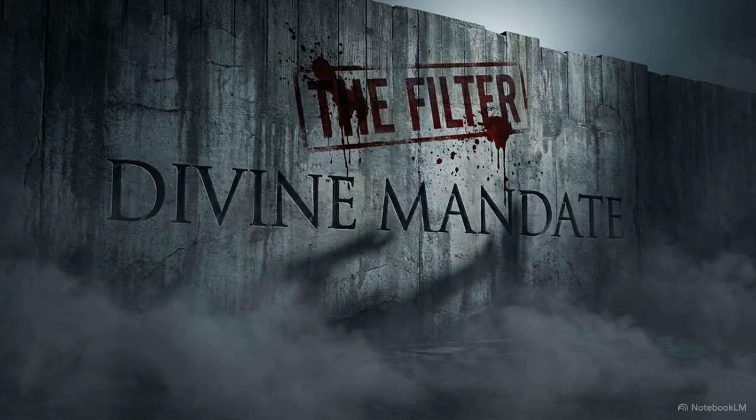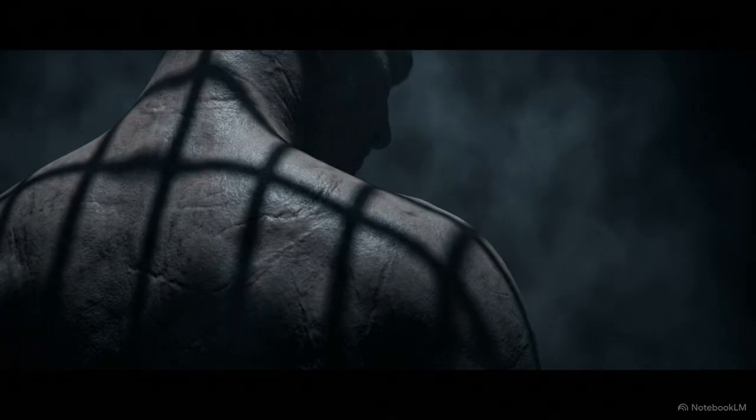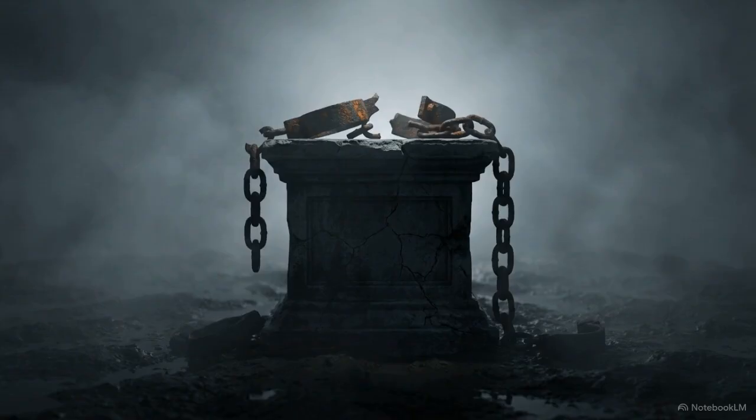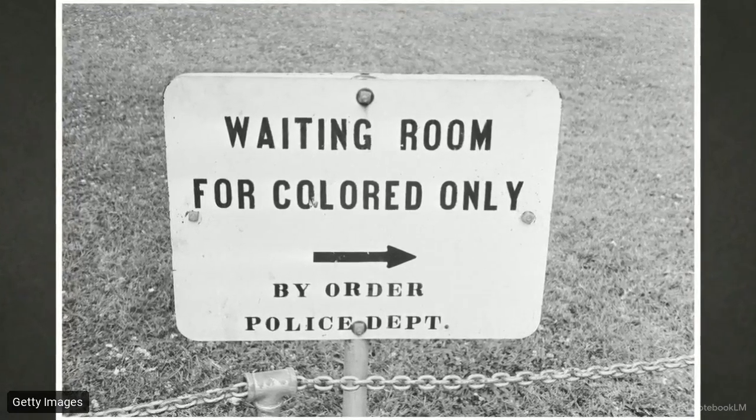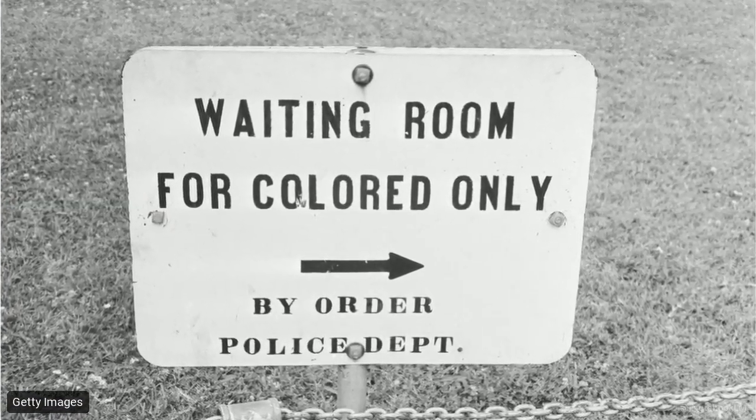The remaining text focused on obedience, using verses like Ephesians 6:5 to suggest that serving a master was a religious duty. By combining physical terror with a redacted spiritual mandate, the system attempted to make the desire for freedom appear as a sin. The mind was now as confined as the body. The end of legal slavery did not dismantle this architecture. As this sign from the Jim Crow era illustrates, the mechanisms of division simply evolved into new structural and legal